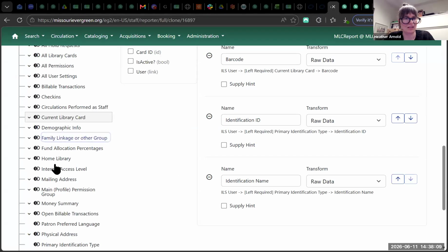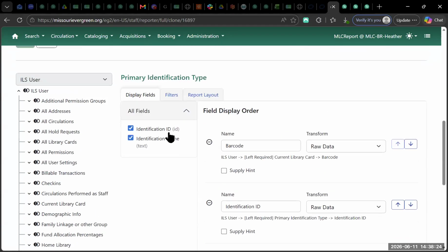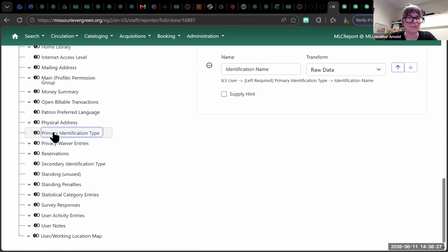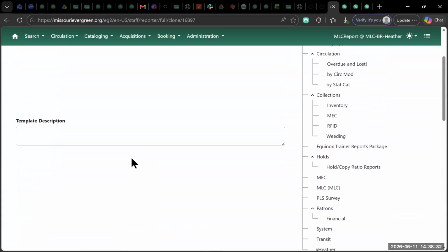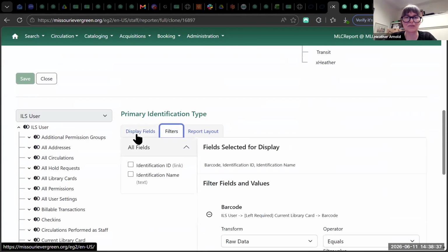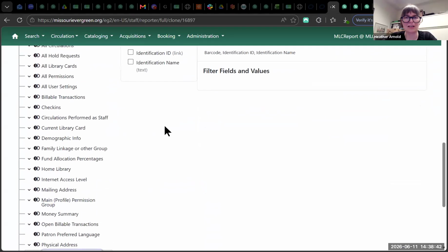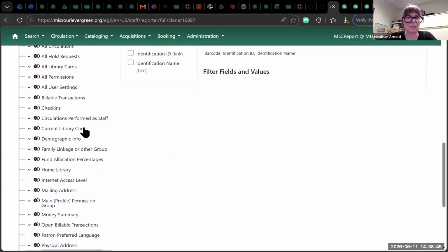So I think, if I'm not mistaken, you may need to run this report twice, one for primary and one for secondary, because I don't think we can do a Boolean OR, like SSN here or SSN there. At least the process of setting up the report would be the same. I'll just leave both of those in there. It's a little too much information, but that's all right. And then where the primary identification type is,